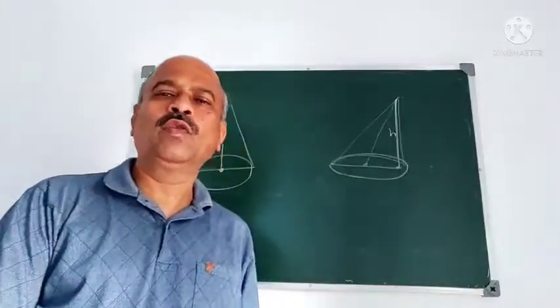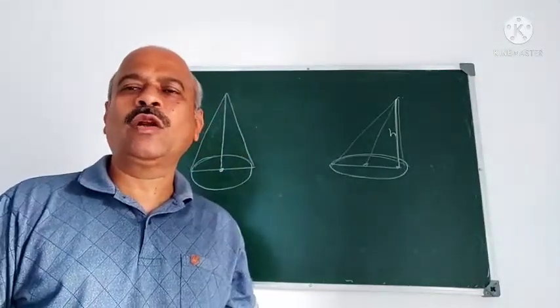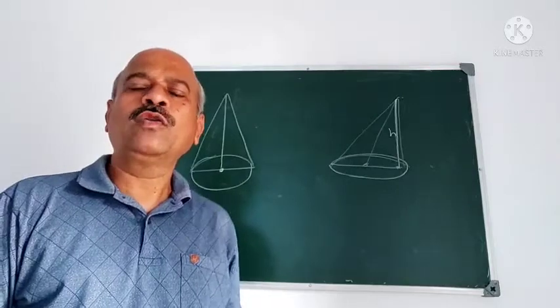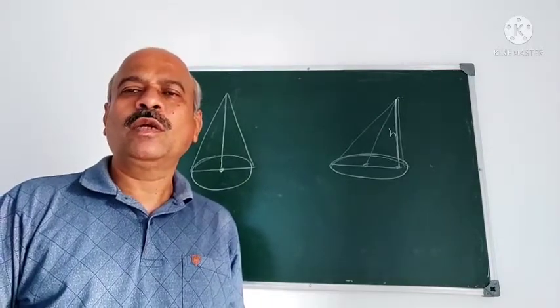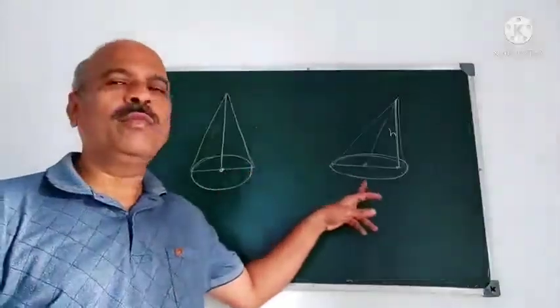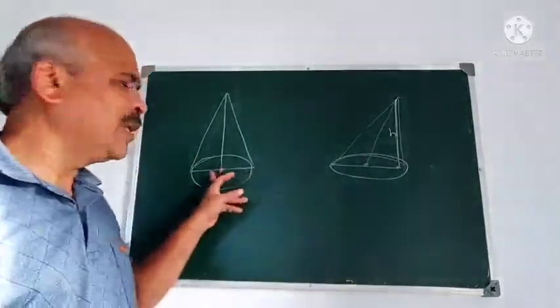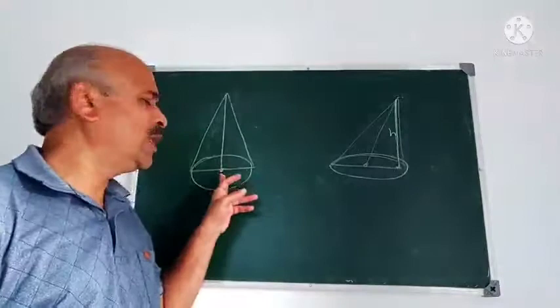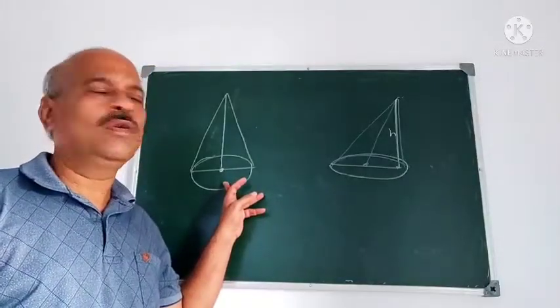We are dealing with cones. Yesterday I explained what is a quadric cone and how to find the equation of the quadric cone. In cones there are two types: one is right circular cone and the other is oblique cone. And this is a separate topic; we consider this one later. That is right circular cone.